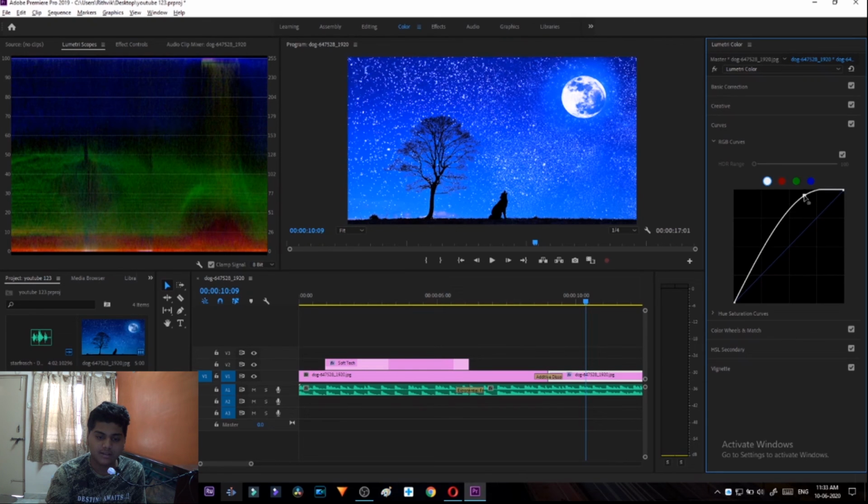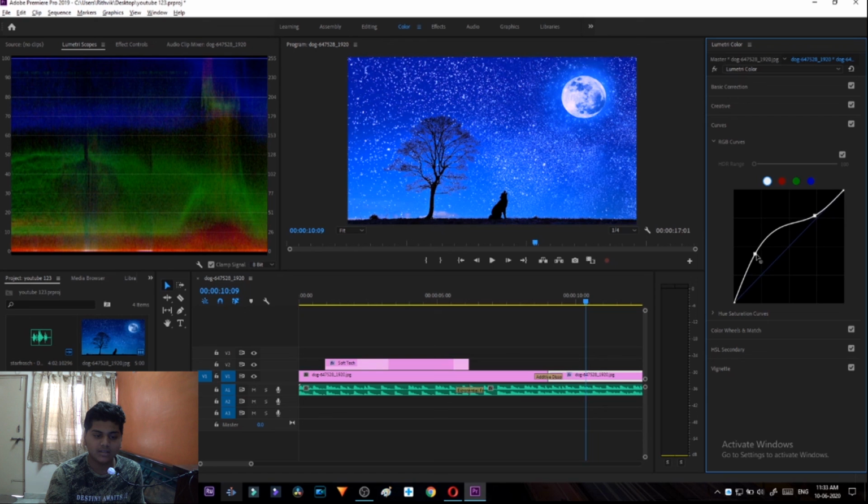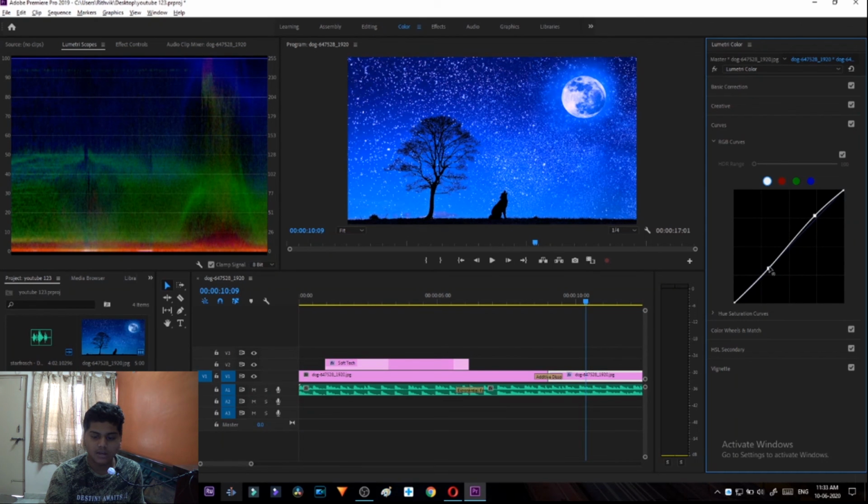If you increase it, the whiteness in the picture increases. And in the bottom, if you increase or decrease, the blackness in the picture will get increased or decreased. So for a good picture, the curve should be in an S form. The white should be increased a bit and black should be decreased a bit. So that is how you should do curve.